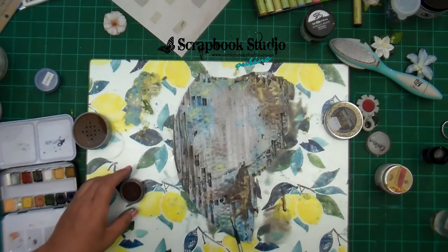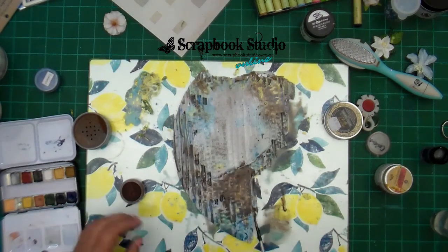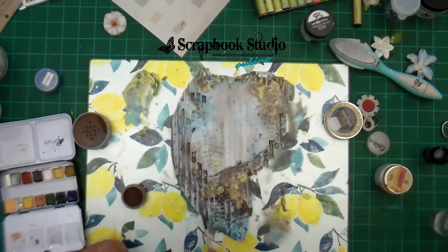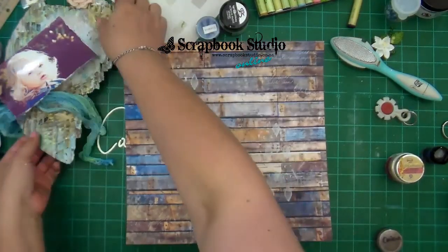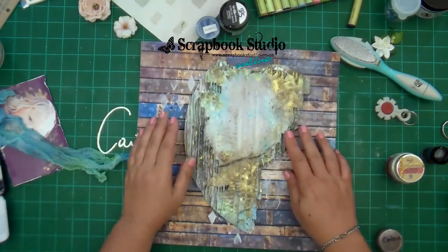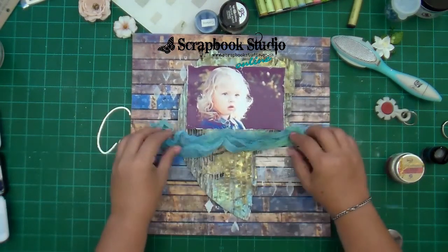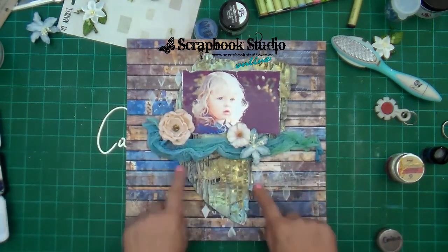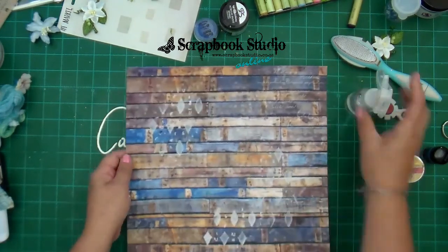You can use acrylics. I love the sparkle, and I want this piece to really be my main focus that my photo is going to be resting on. You can see that I'm simply continuing the process, and now it needs to dry. It took me quite a while with the heat tool to dry, but you can see that it was well worth it. Placing my elements using some 49 and Market flowers that are left over, some Prima flowers,